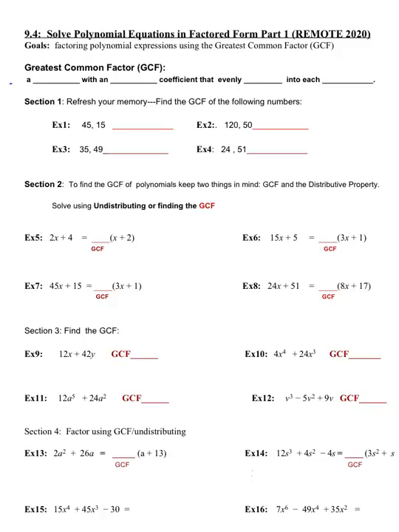And the first great rule to factoring is to always look for a GCF. That is now and forever, no matter where you are in your mathematical career. You should always look for the greatest common factor when you are factoring. So I'm going to define greatest common factor as it pertains to a polynomial. And the greatest common factor of a polynomial is a monomial